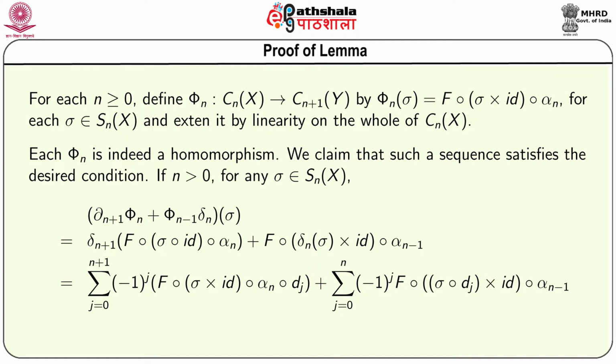If n is greater than 0, for any sigma belonging to Snx, we start with del n plus 1 phi n plus phi n minus 1 delta n operating on sigma, and that will give us delta n plus 1 F composed sigma times identity composed alpha n plus F composed delta n sigma times identity composed alpha n minus 1, and that is equal to summation j equal to 0 to n plus 1 minus 1 to the power of j of F composed sigma times identity composed alpha n composed dj plus summation j is equal to 0 to n minus 1 to the power of j F composed sigma composed dj cross identity composed alpha n minus 1,